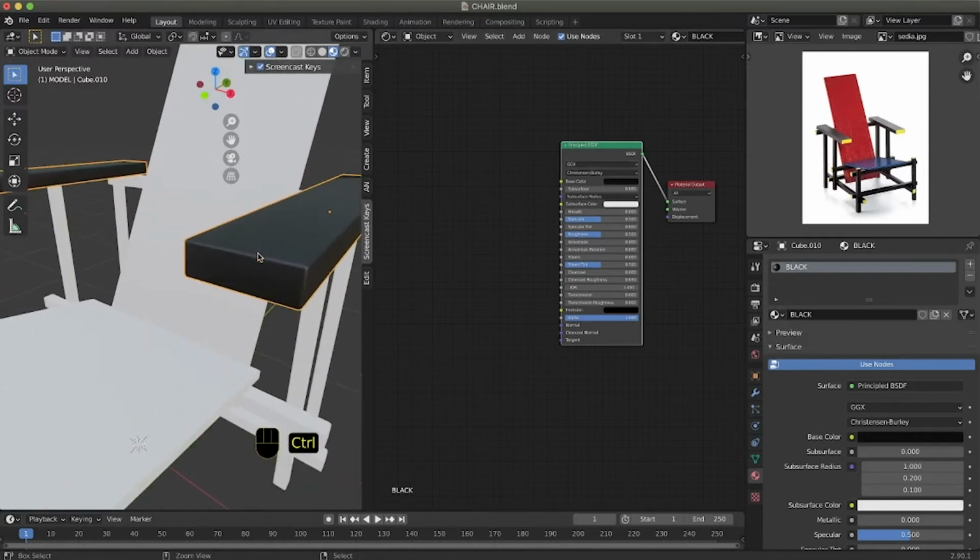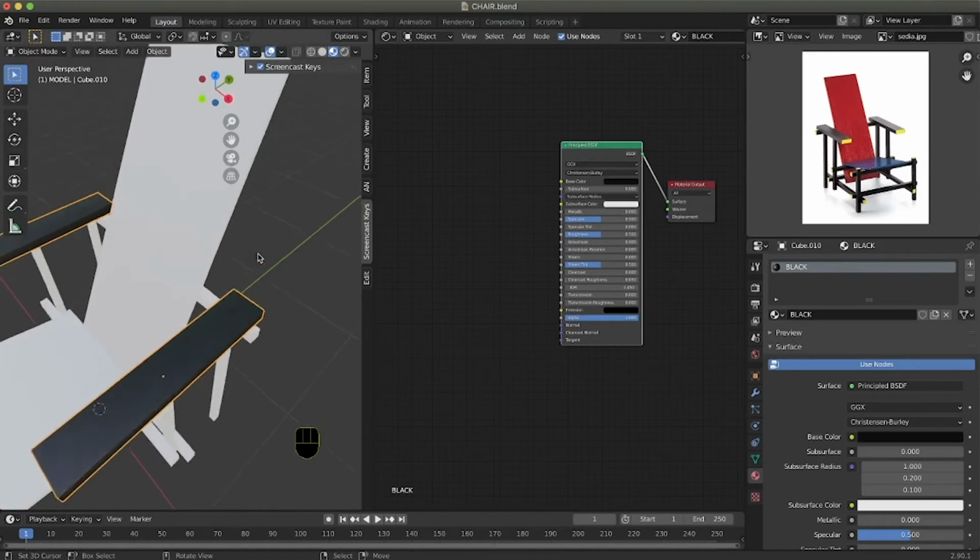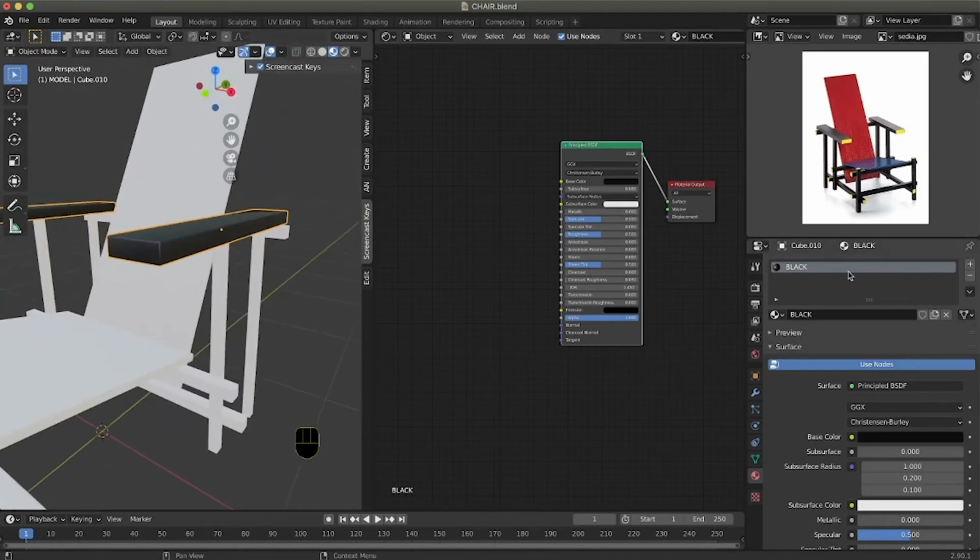This one is slightly more reflective, so I would probably decrease the roughness, because roughness means how much reflectiveness you take out from this material. So I will go to 0.3 for this one.